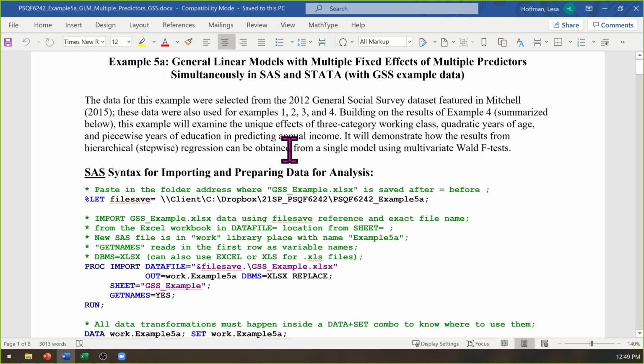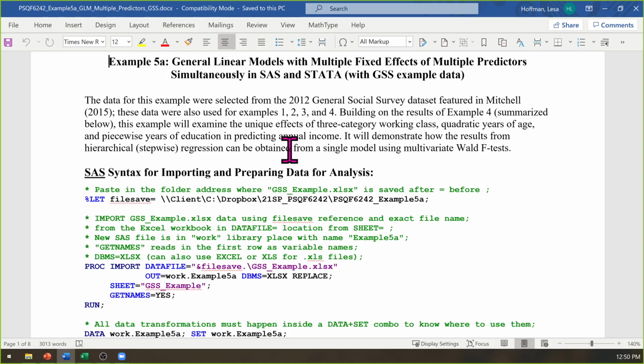So what we are doing is taking the three separate models that I fit in example 4 and fitting them simultaneously. In example 4, we had income as the dependent variable, the outcome to be predicted, and we first predicted it with a 3-category version of working class: low, middle, and upper.